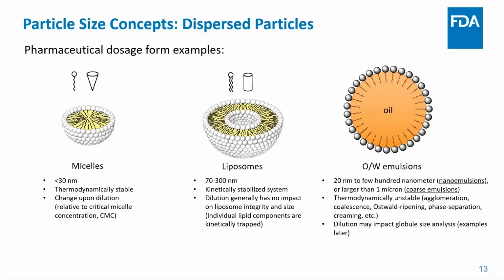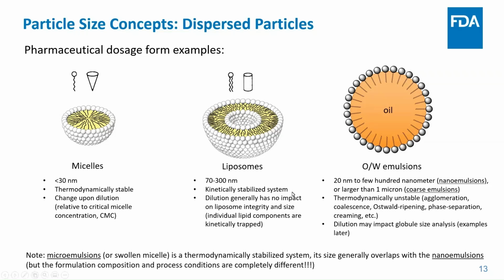And as we will show you in an example later, dilution may alter the measurement outcome of the globule size distribution, but may not be what you think it is. So we will explain more of that in the later portion of the lecture. So as you can see, I gave you 3 examples here. One last one is something very